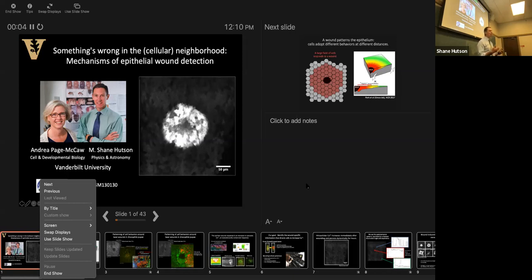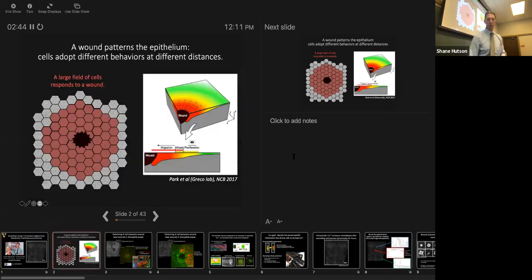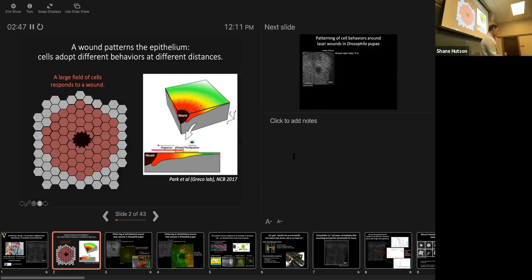And I'm going to tell you one of those stories today about something that we've just learned and figured out about wound healing, and that's how the cells know that there's a wound there in the first place. How they detect its presence. Okay. So the first step towards doing that is to recognize that we're going to be looking at epithelia,